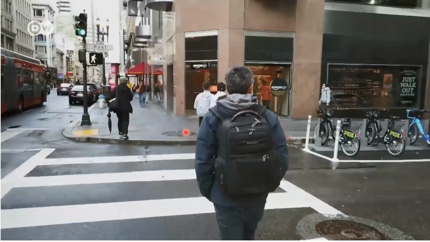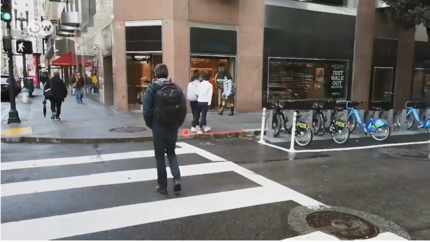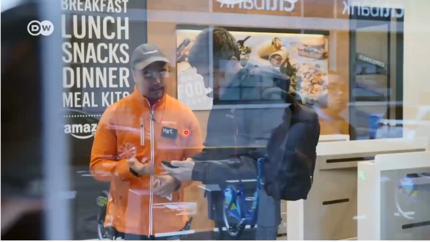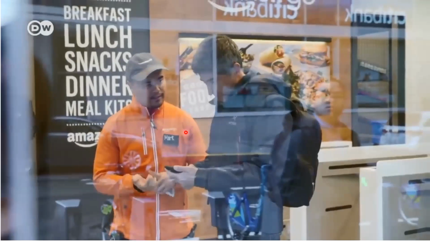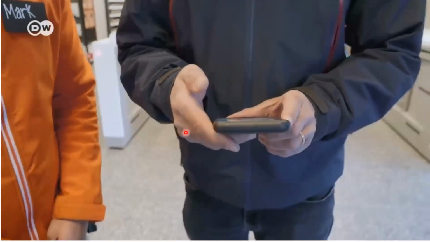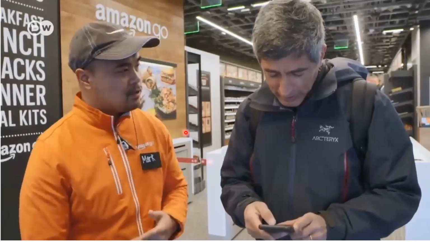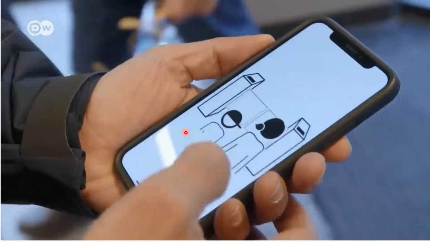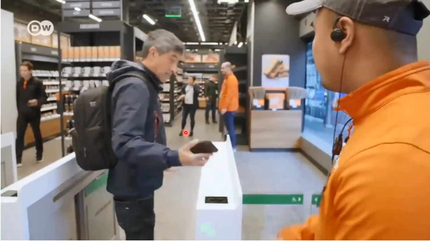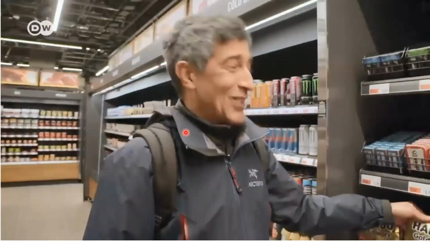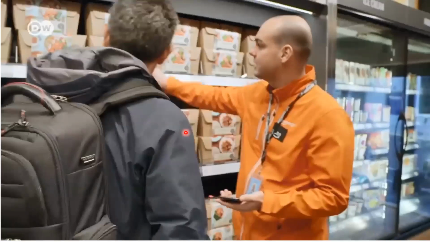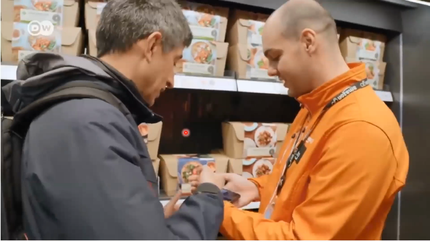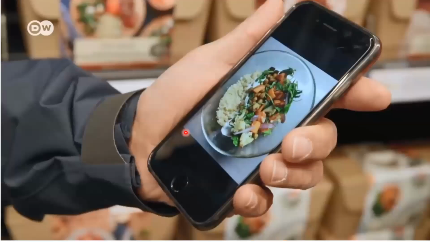A new type of supermarket recently opened its doors here. Amazon Go. All you need here is an app. Since you have an Amazon account already, please hold your mobile phone to the scanner and you're in. As Leonardo shows me Amazon's new menus and explains that the language assistant Alexa can help with the preparation at home, I'm under constant surveillance.